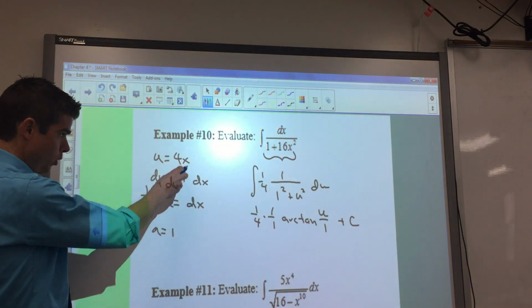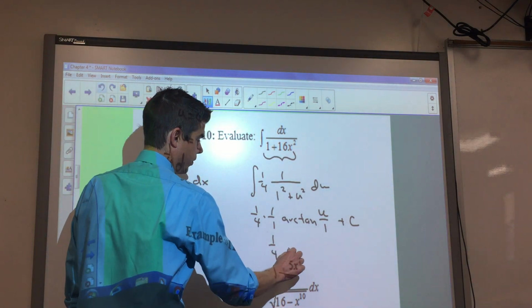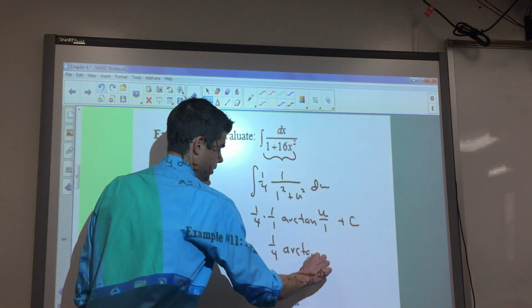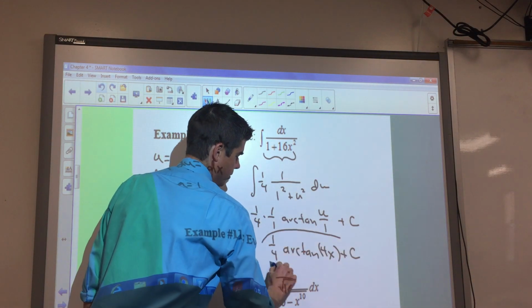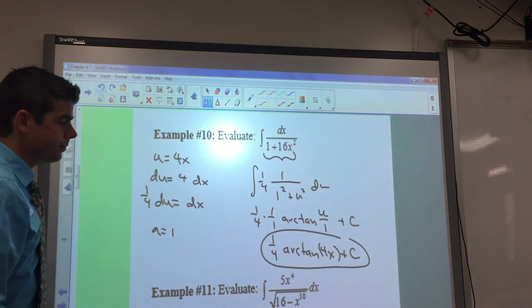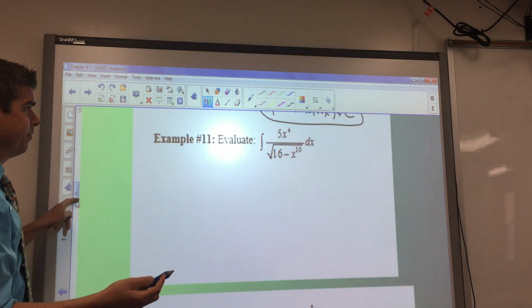And then go back and figure out what your u is. U is 4x. So I could say this is 1/4 arc tangent of 4x over 1, which is just 4x, plus c. Okay? Next problem, again, to emphasize,